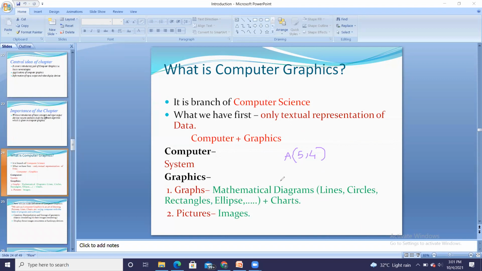Then a picture is nothing but any image also I can represent onto the screen. So not only points, lines, circles and rectangles, we can have the image as well on the screen. So that is achieved with the help of computer graphics.